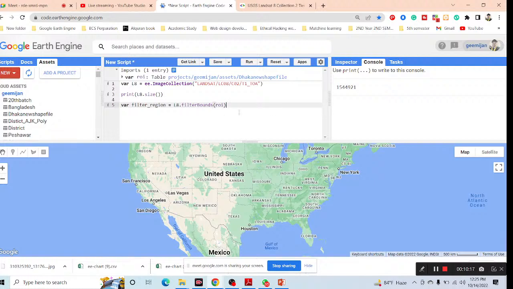So it means that in this time, I want to get only those images which are available for my region of Dhaka city, because I use the filter bounds function here. So mainly the filter bounds function intersects your whole collection with your shapefile. My shapefile variable name is ROI. Okay, I want to check how many images are available for my region of Dhaka city for the year 2013 to present time. So I simply use the print function and then call the filter region